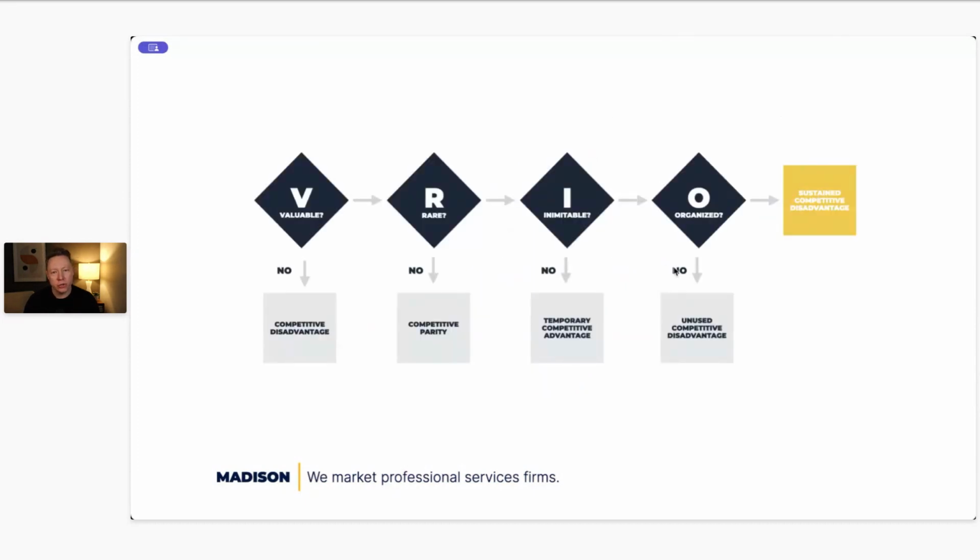You can turn flowcharts into a framework. So this is the VRIO matrix, which helps evaluate internal resources in an organization in terms of competitive advantage. And so it's sort of like a series of yes or no questions that hopefully get you to a place where you have a durable competitive advantage. So if you have a flowchart or a series of questions, like the GTD framework that we talked about earlier too, you can represent that visually.